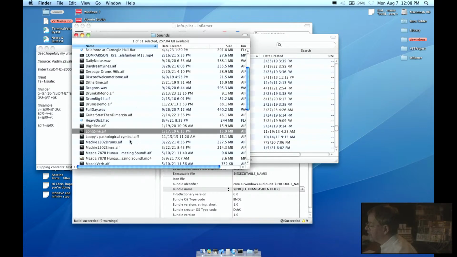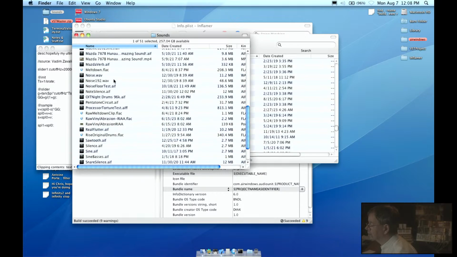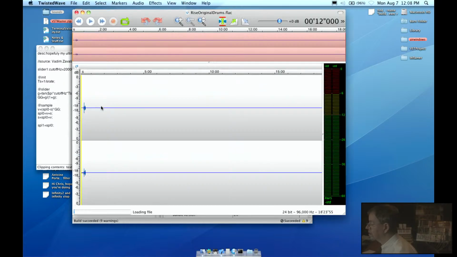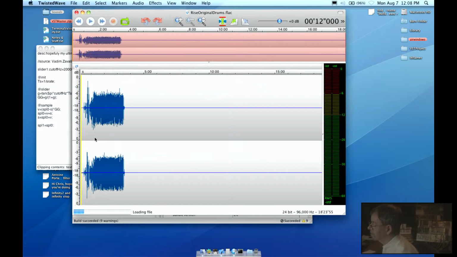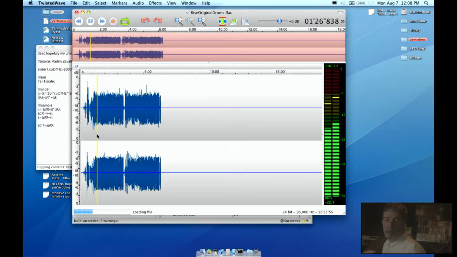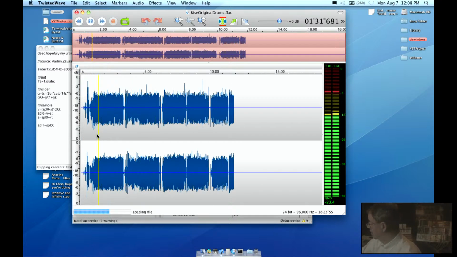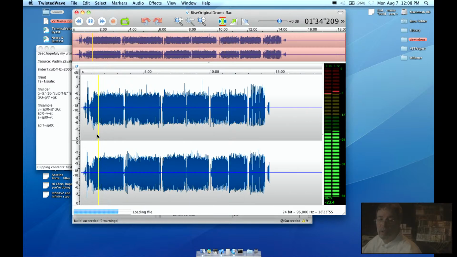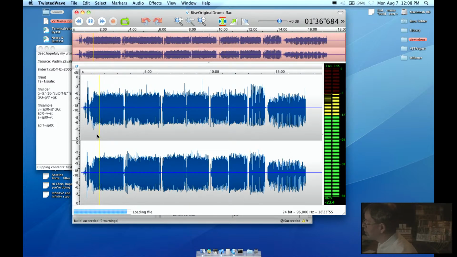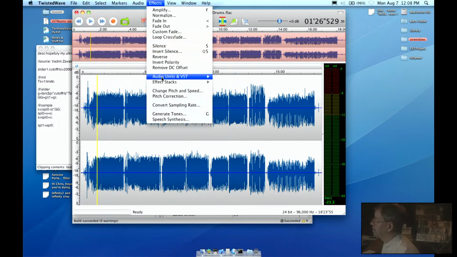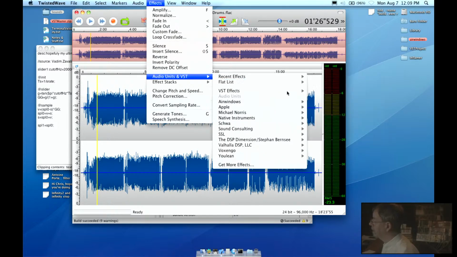So if we were to take a drum sound, here's a nice long drum sound. And if it's not a bass note, it's not overloading the microphone too hard. And if we took that and threw this new effect on it, what we're getting